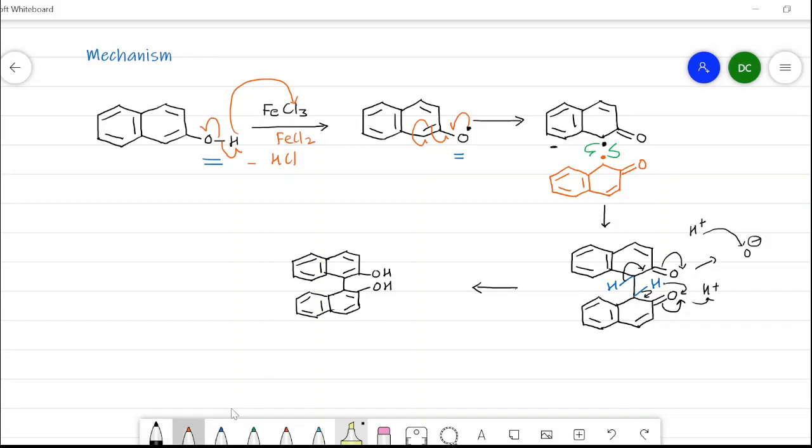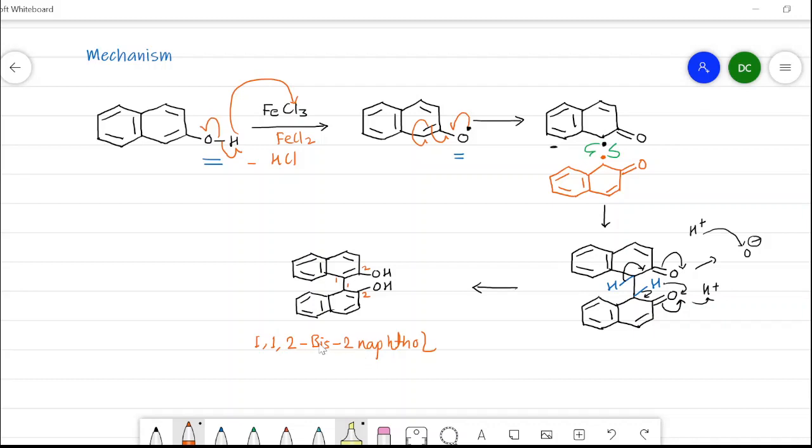Now, the name of this beta-naphthol. This is the first carbon, then it is the second carbon. This is the first carbon, it is the second carbon. So 1, 1, and on the second carbon there is a presence of both OH groups. So first of all we have to write 1,1 because there is a coupling at the first carbon. Then we have to write 2. 2 indicates the OH group. Now, how many groups are there? 2. That's why I have to write bis, then 2-naphthol.